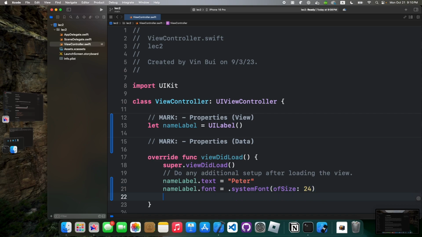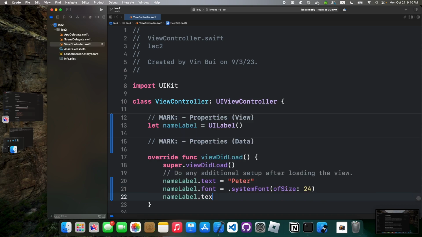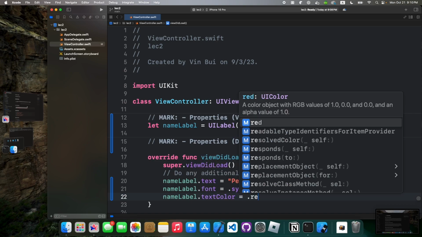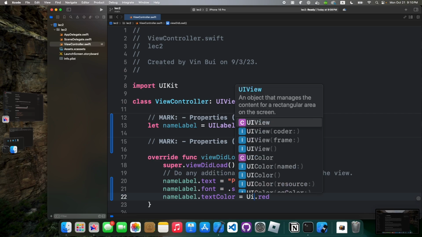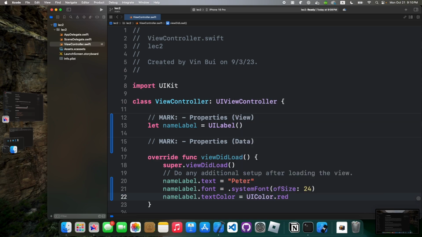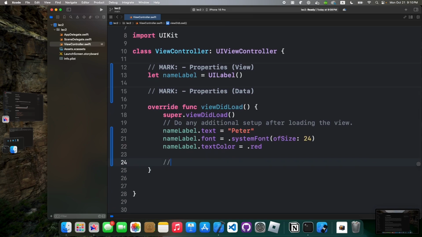Okay. And then lastly, I just want to add a text color to it. Let's do text color, and we'll set that equal to dot red. This is the same thing here. This expects a UI color, and this would be the same thing as just writing UI color dot red. But we're just going to shorthand it to dot red. Okay, awesome. So now that we have set things up, like what it should say, now